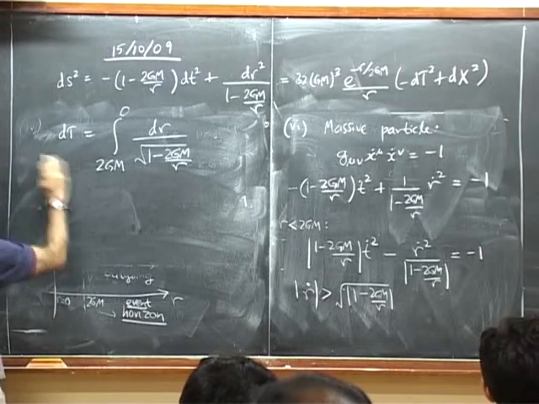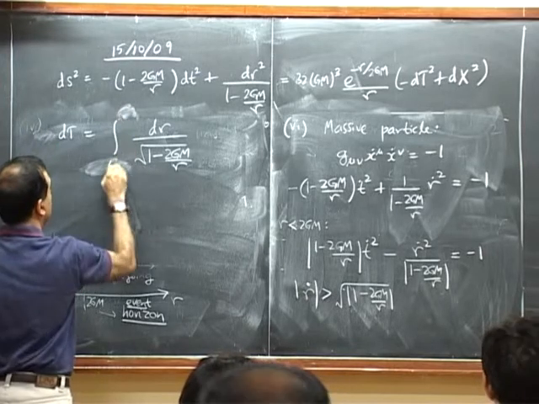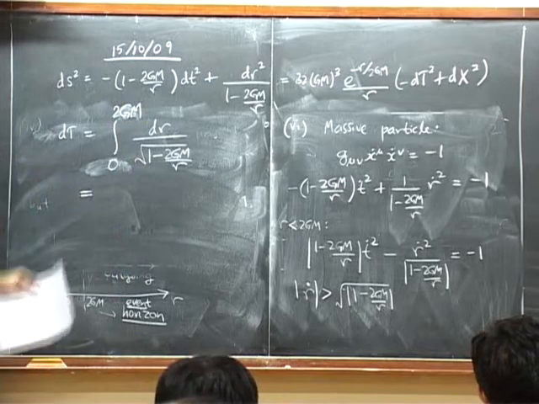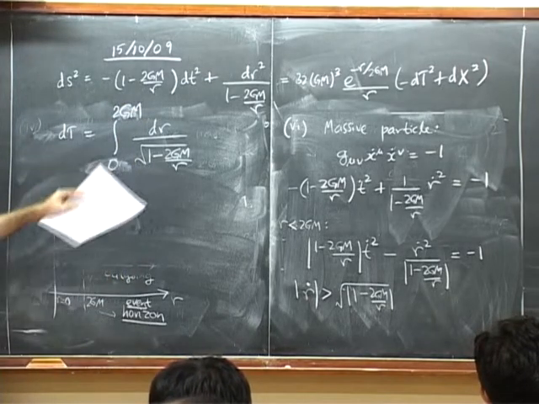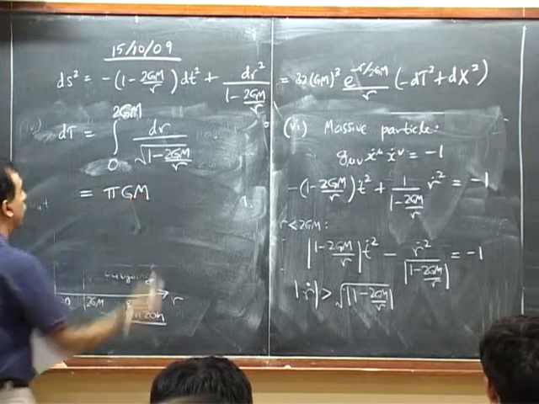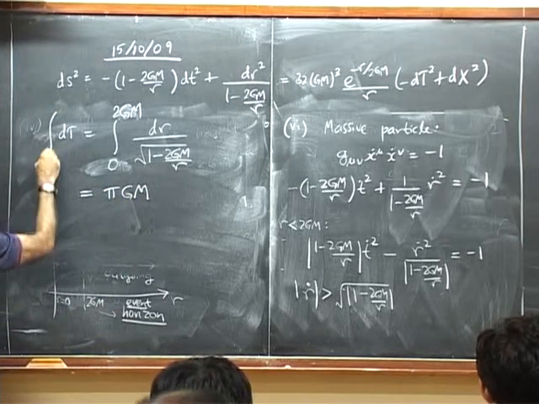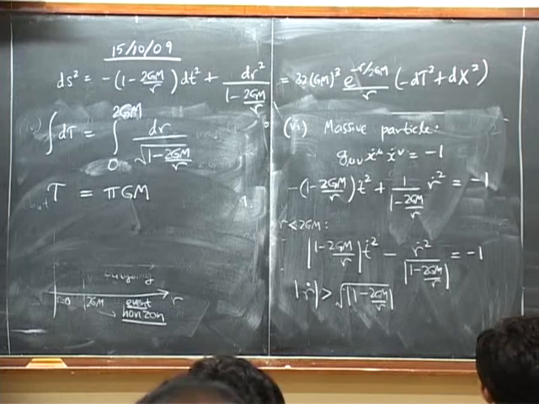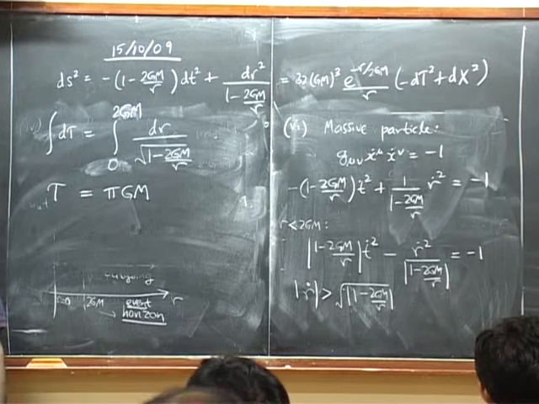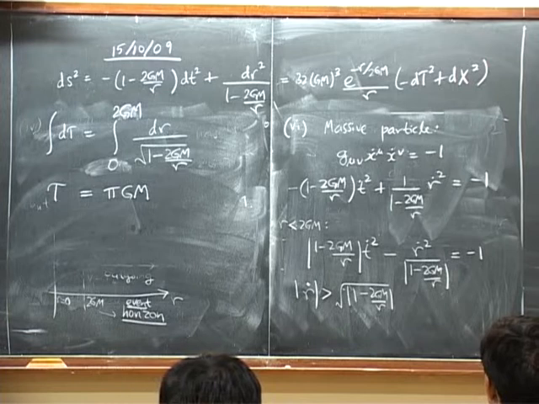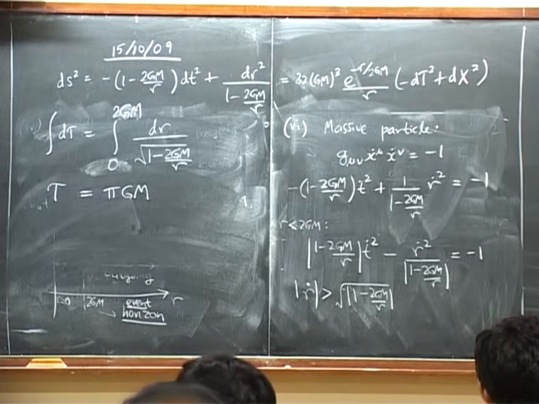So I can remove this minus and invert the order of limits. Anyway, it's a very simple integral, and you can just scale out GM from the whole integral, and then it's something of order 1. So you can do it and you'll get pi GM. So the total time tau that you take to reach the center is only pi GM. It's not a lot of time. Okay, that's a bound. That's a maximum.